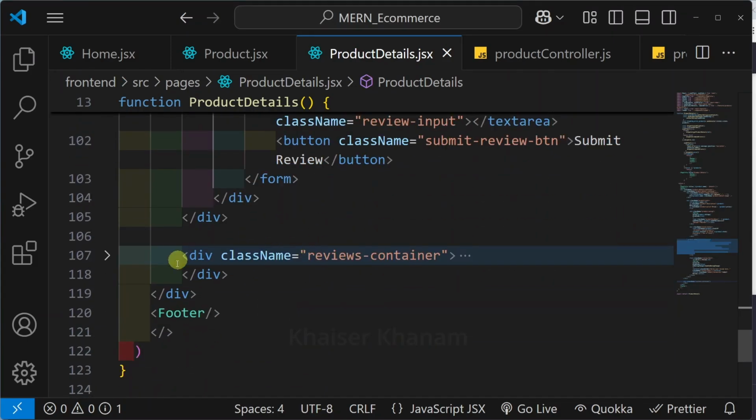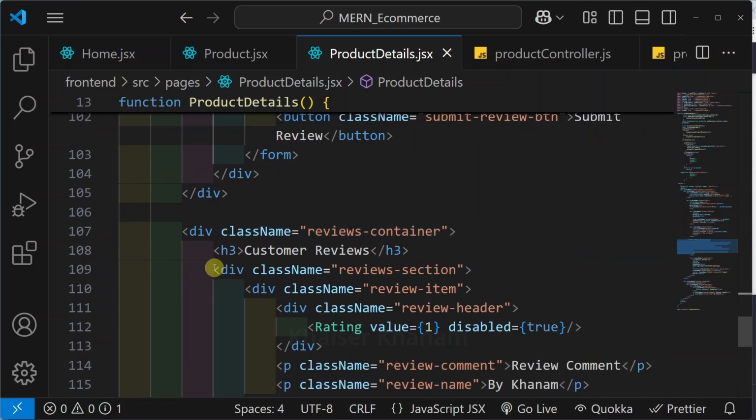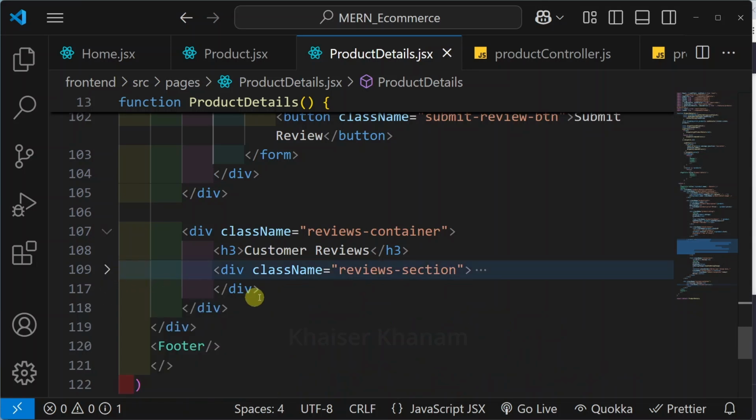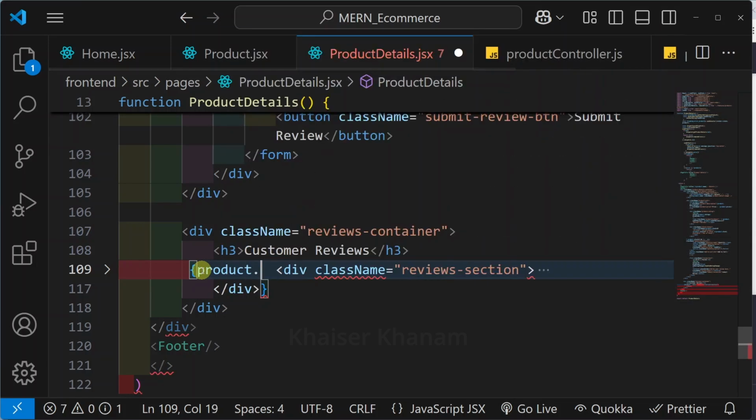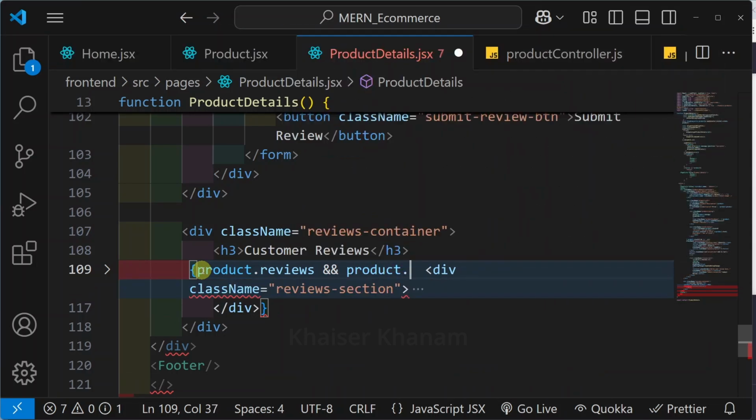Now let me just scroll down. So here we are having a reviews container. I will open this, and here below this, we are having this entire review section. I will minimize, and this entire thing I will be wrapping in JavaScript mode. So here I'm just going to check for the condition. I will be writing product.reviews if I am having any reviews, and I will be passing product.reviews.len